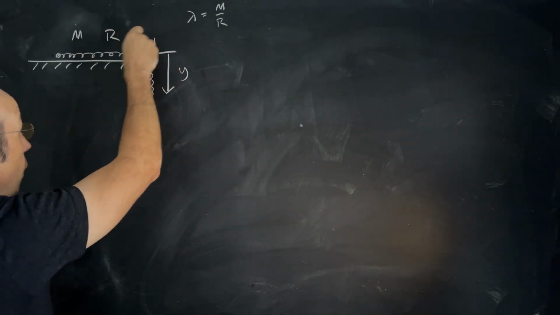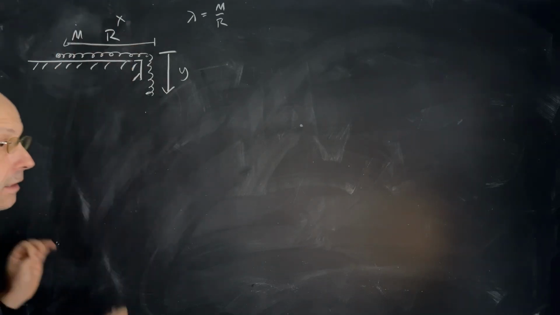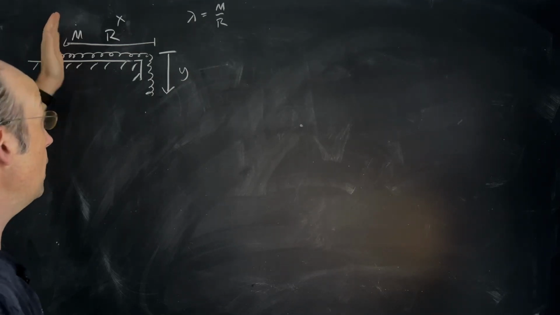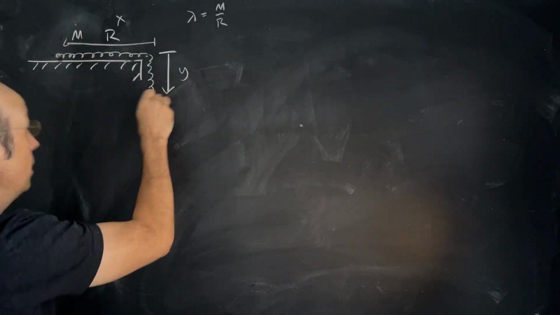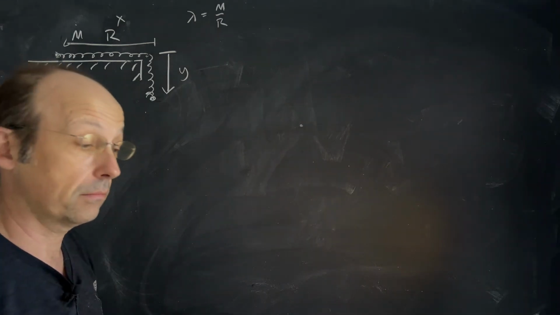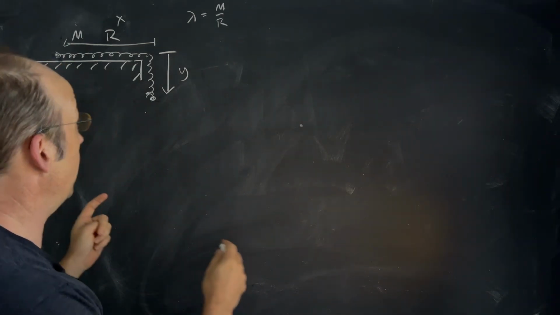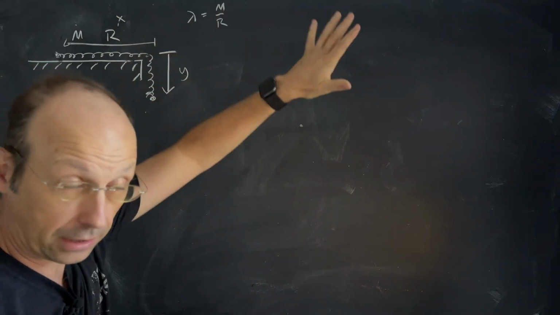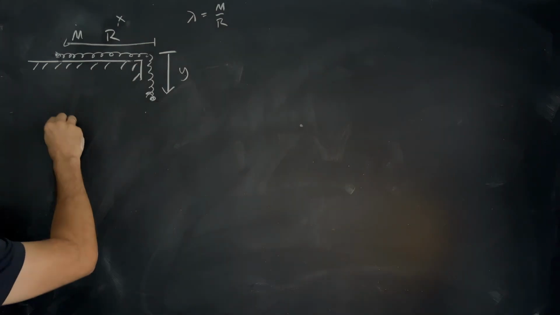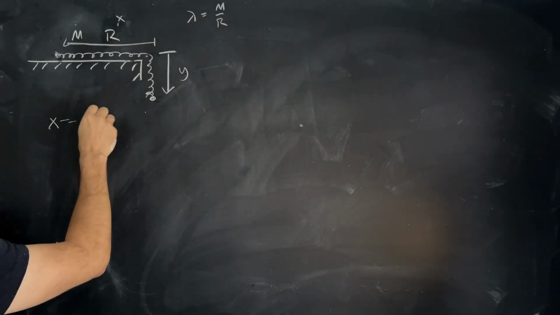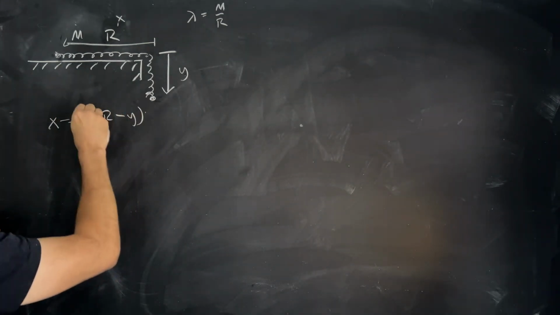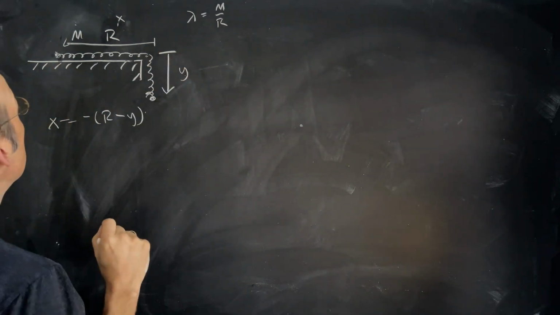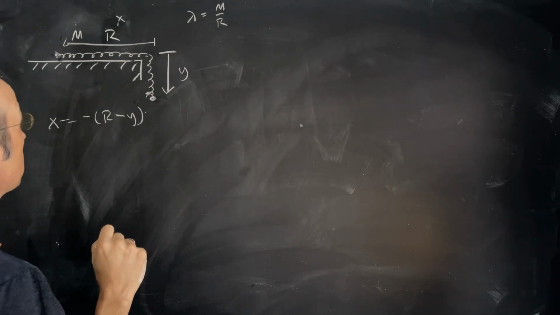So also, I'm going to call this y, and I'm going to call this x. Okay, so my x coordinate is over here. It actually has a negative value, and the y value is at the end of the chain. Okay, so with that, I know my constraint is that x and y have to add up to be equal to the length of the chain. So I'm going to write this as x is r minus y negative, right? Because y has a negative value. And it should be plus. No,